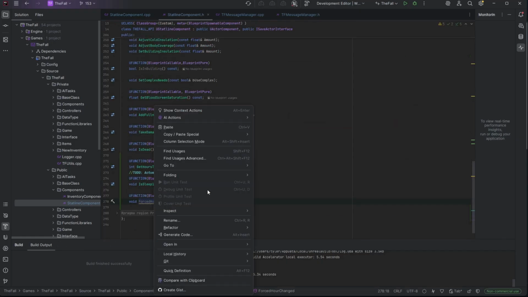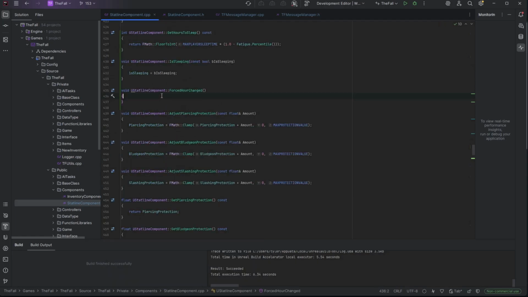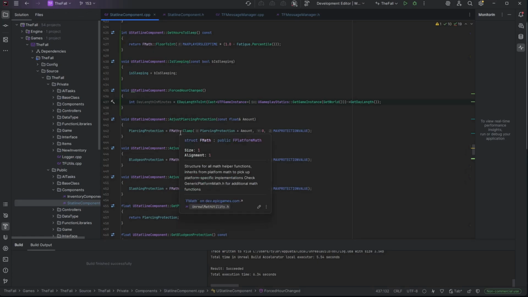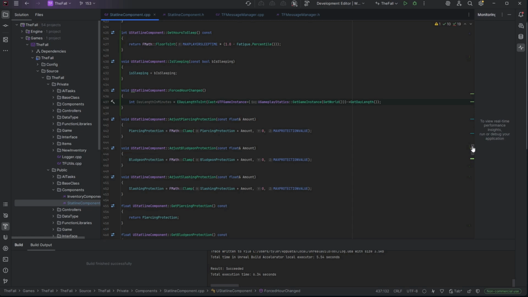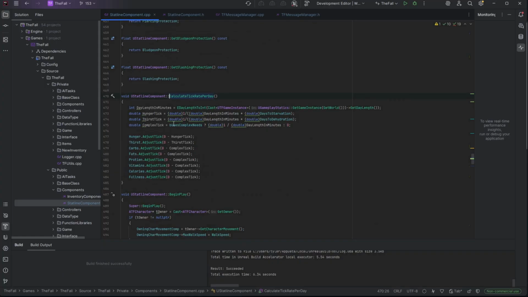I never actually created that definition. All right, so we're going to start with that. Now, honestly, I'm doing some placeholder logic, and we're going to move this into a better spot. And then where was calculate? Okay, so in here, how are we doing it? So we're getting the tick rate,